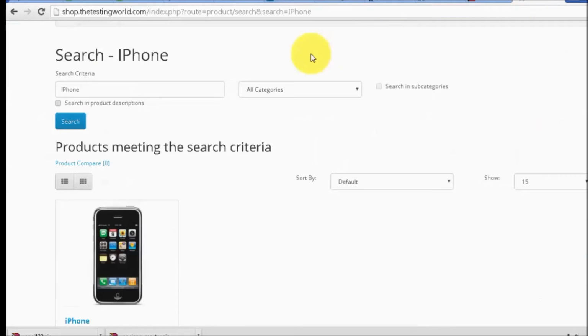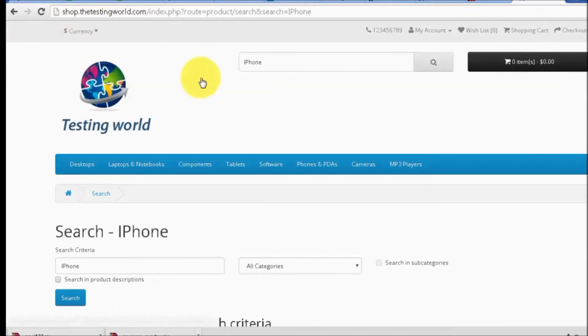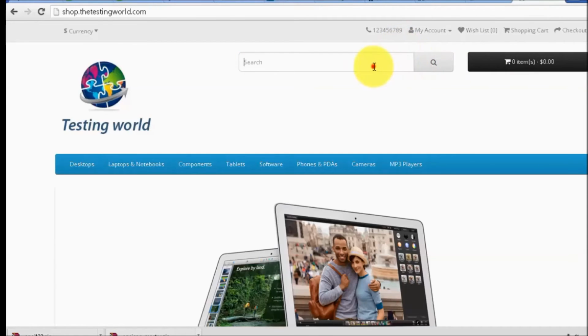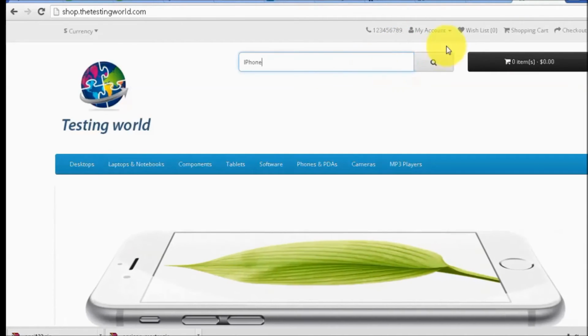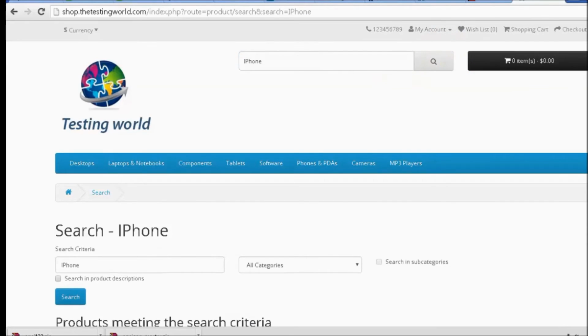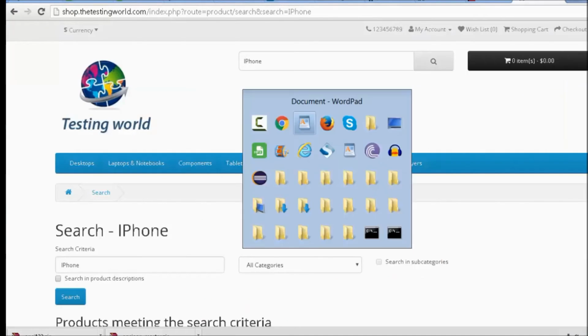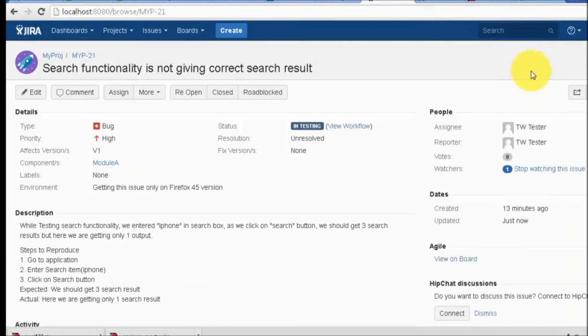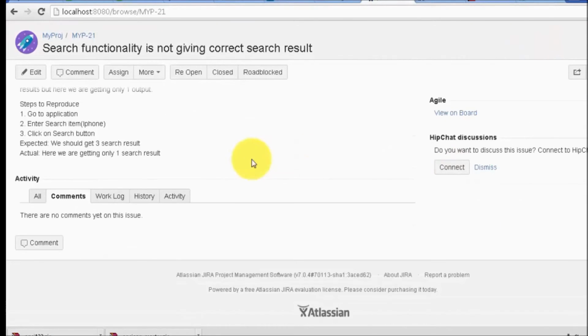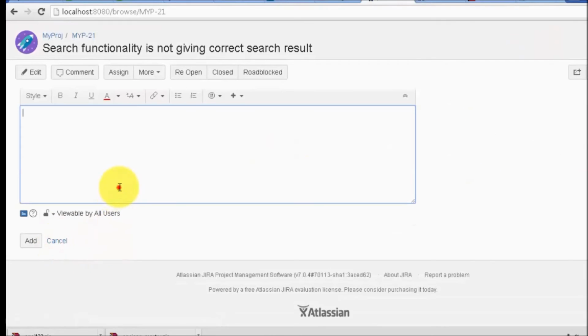I'm going to my application again, and this time again I'm performing all the steps. So I perform that and now I found the correct output. Yes, this defect is fixed. Moving to Jira, and yes, I have verified this defect